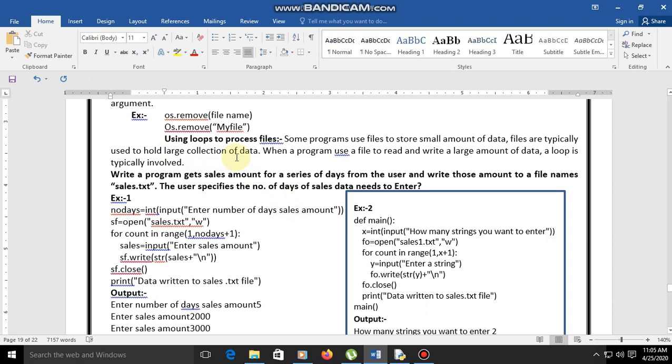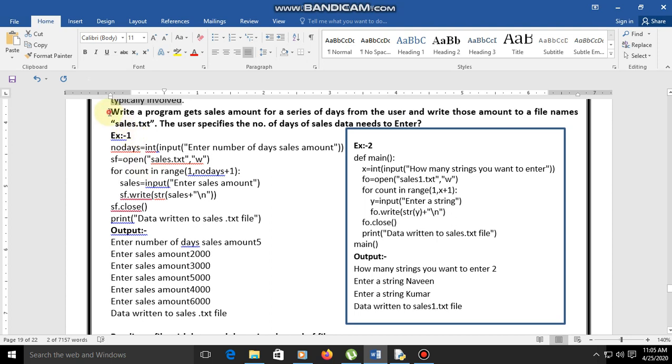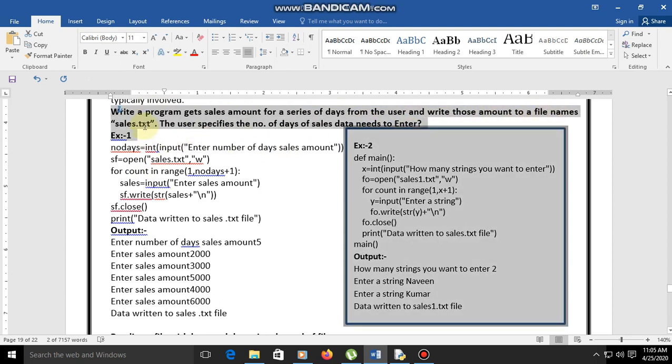When a program uses a file to read and write a large amount of data, a loop is typically involved. So when we perform operations on a large amount of data, a loop must be used. For that, here is one example: write a program that gets the sales amount for a series of days from the user and writes those amounts to a file, whose name is already given, sales.txt.